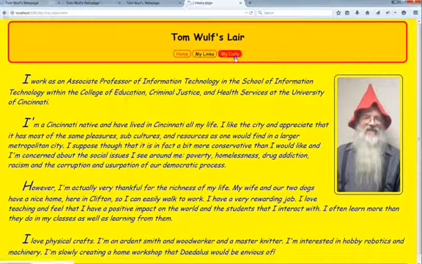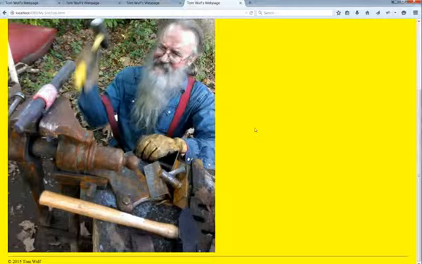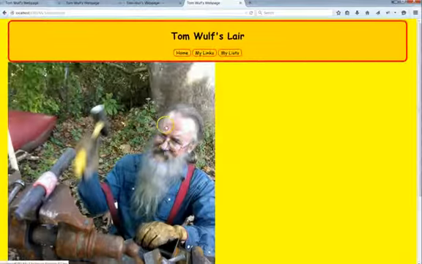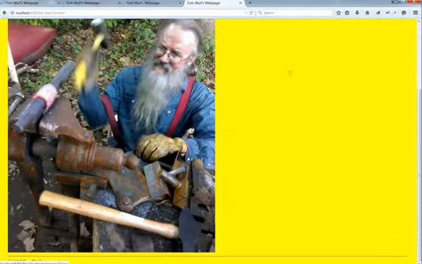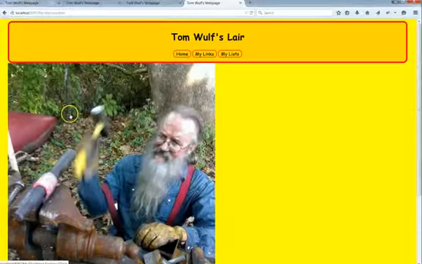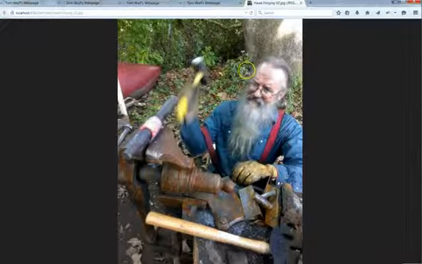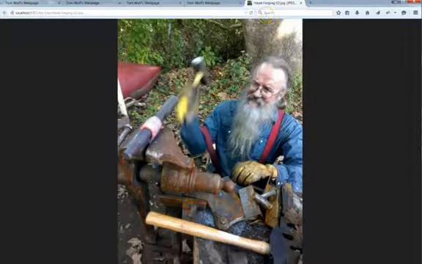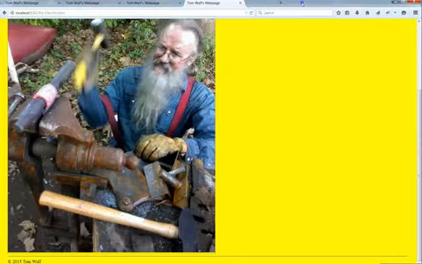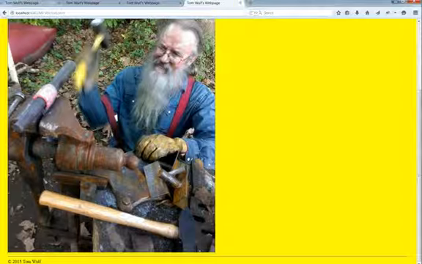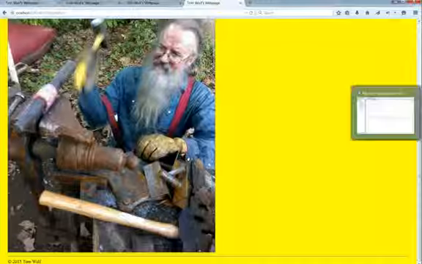So we'll go to the My List page. There's the image. Right now it's unconstrained, so I don't have any size on that. So you can see that's too big. So if I click on it, it does go to a new page. Now, again, the ones that we already used, they have style on them, so I'll have to add some style in here for this. So let's go back to Netbeans,